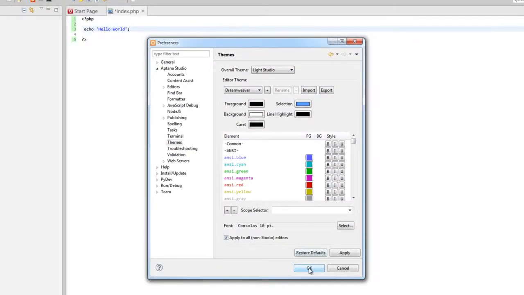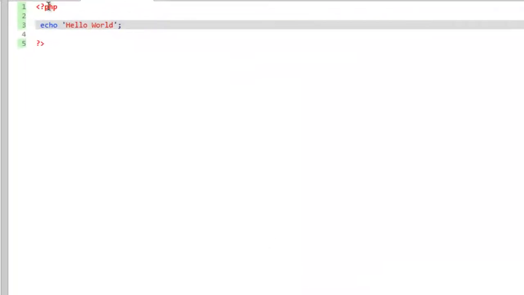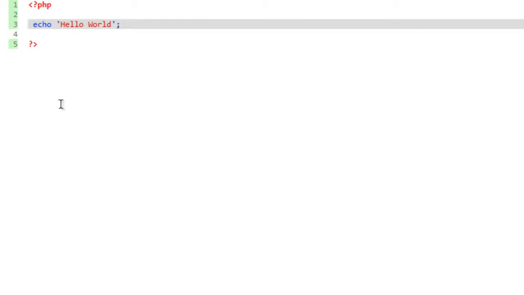There's a few differences between this and Dreamweaver, but it's pretty close. See there, now my PHP tags are red, and it's a little easier to read. You can definitely go through that theme explorer and poke around and see what theme you like. A lot of people actually like when the background of the editor is black and the text is white or bright colors. That drives me nuts, but I know a lot of people do like that, so you can also do that in there. So we'll go ahead and save this,